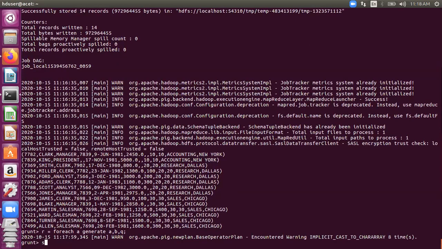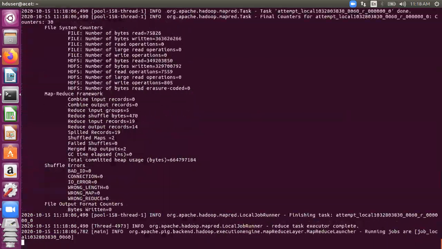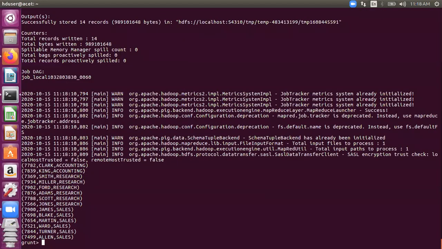So if you dump R, you will see the information, only the 3 columns would come now. You can see the output now, right? So you can see the employee details along with the name of the department in which he or she is working, right? This is regarding equi-joins.